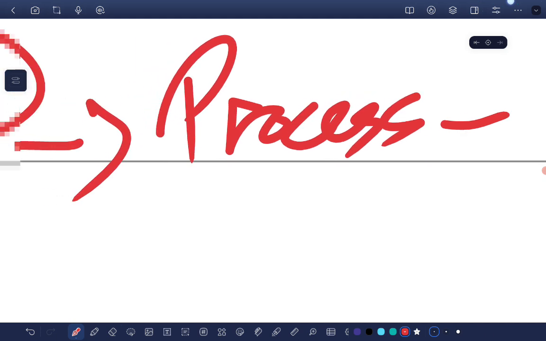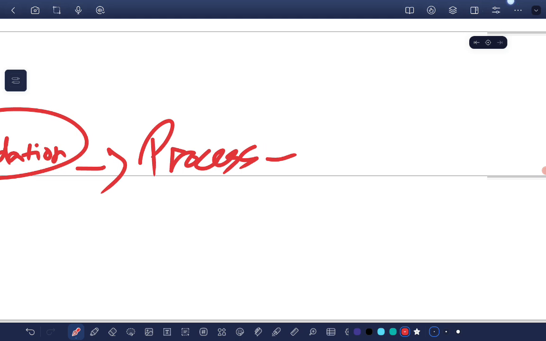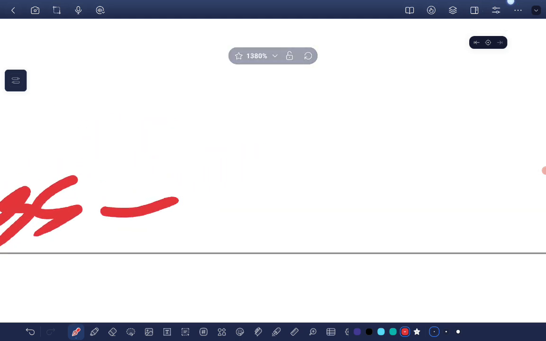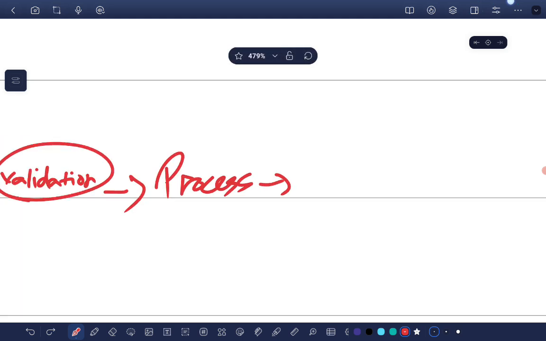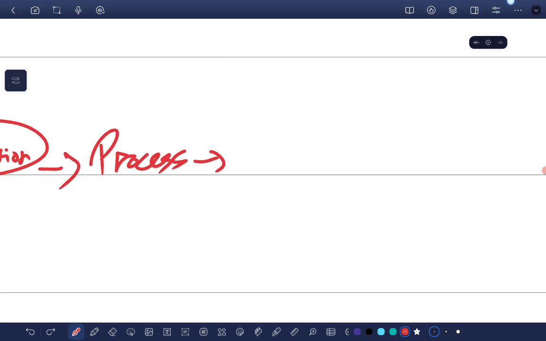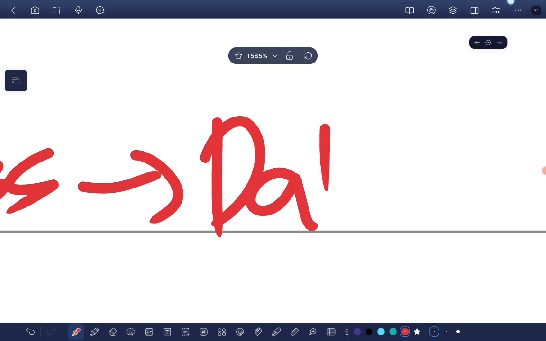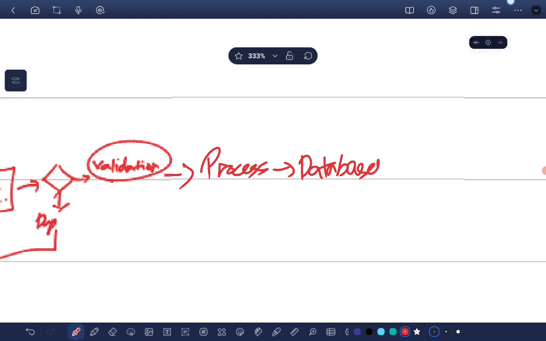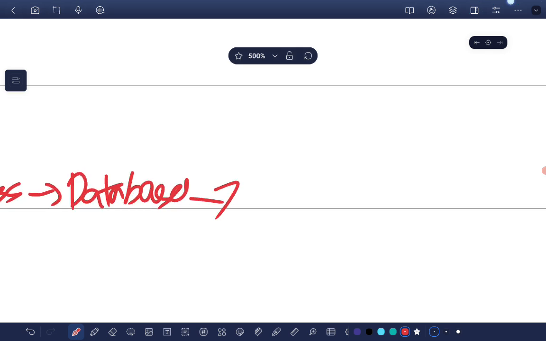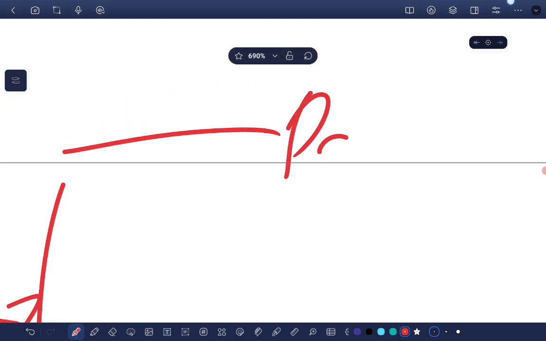When this is validated in process, it means it passed the validation check, and it will be written to the database. Written to the database, and this will be passed around to the other parts, like the dashboard,